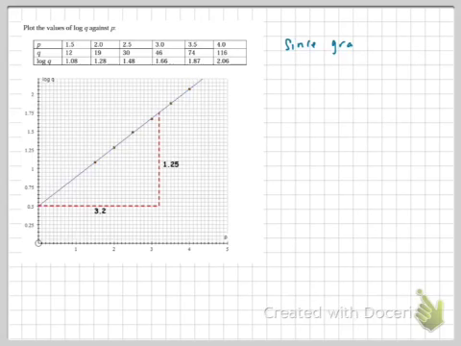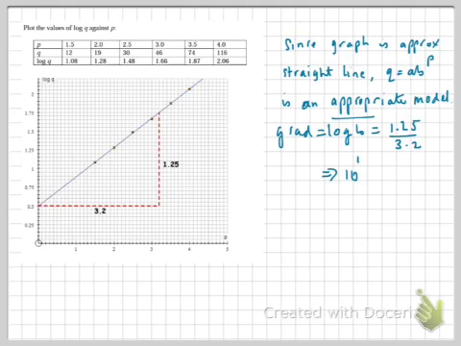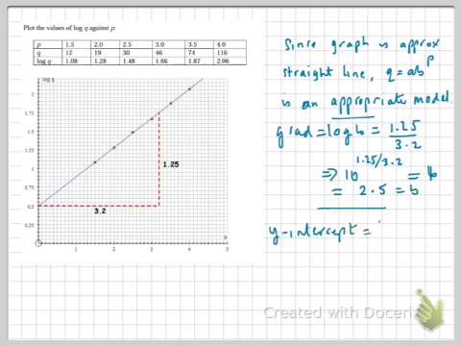And we can therefore see that the gradient, which is log b, equals 1.25 divided by 3.2, so it's change in y over change in x. And then therefore I can write this out as 10 to the power 1.25 divided by 3.2. That approximately equals 2.5,